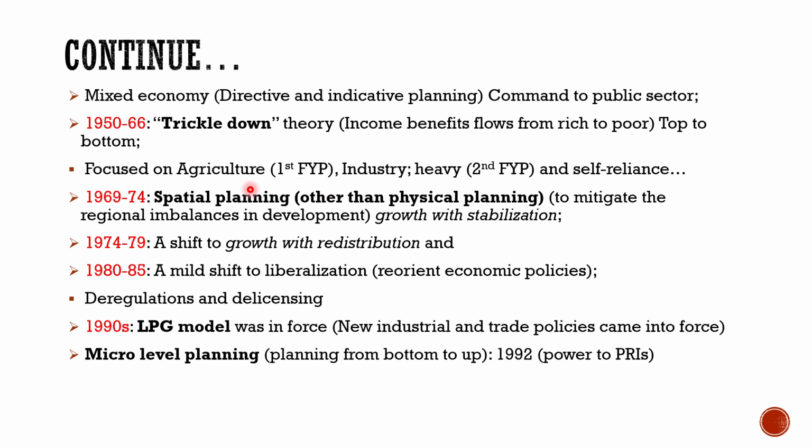In first 5-year plan, we focused on agriculture, to actually achieve self-reliance. In second 5-year plan, we focused on heavy industries, particularly. So in first 5-year plans, we focused on trickle down only. From 1969 to 74, in the fourth plan, we actually adopted the spatial planning, and this spatial planning is actually